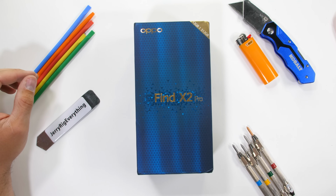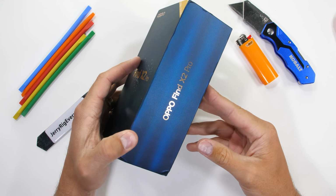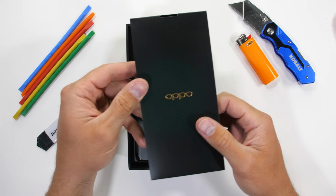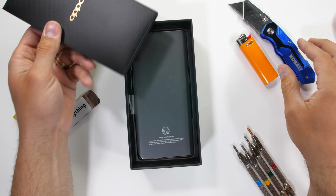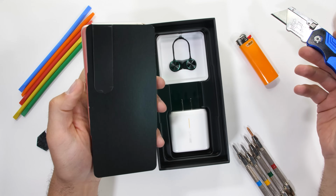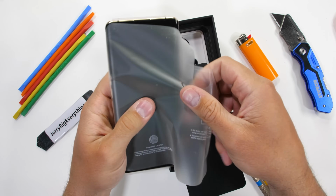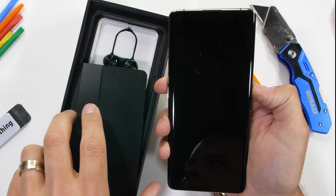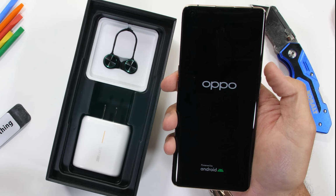The Find X2 Pro. You might remember the original Find X from 2018. A pretty sweet looking phone with a whole top half motored up to reveal the cameras. It was pretty phenomenal right up until the end of the durability test, when, well, it didn't exactly make it. Today we're going to see if this vegan leather covered Oppo Find X2 Pro holds up any better than its